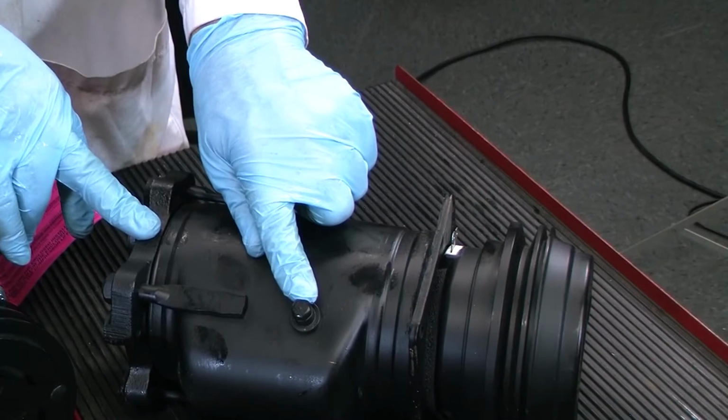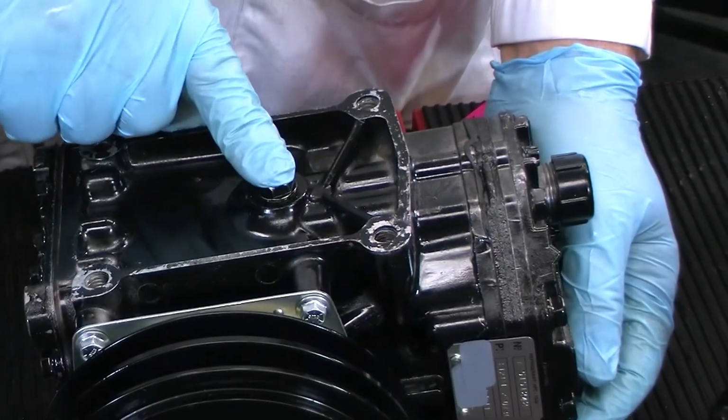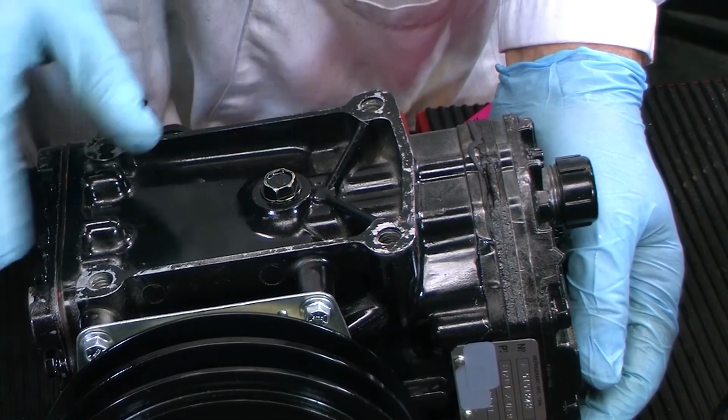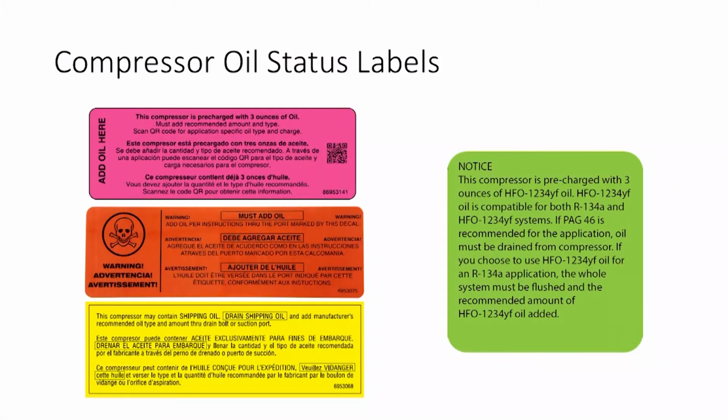Note that these older A6 axial design and these inline York Tecumseh compressors do have a crankcase, to which the total oil charge should be added by way of the oil plug opening. Don't forget to take account of any oil already in the compressor by referring to the colored label.